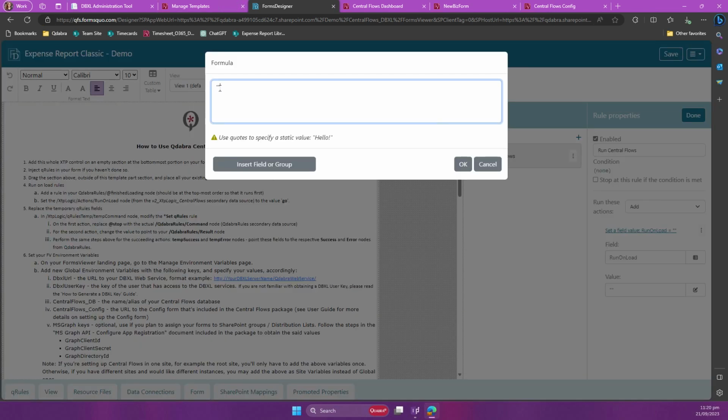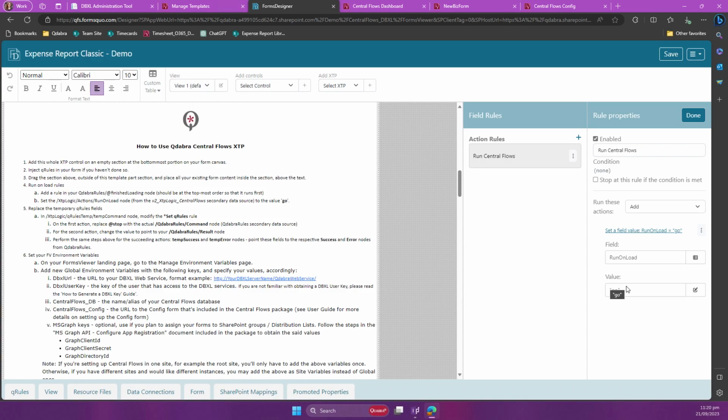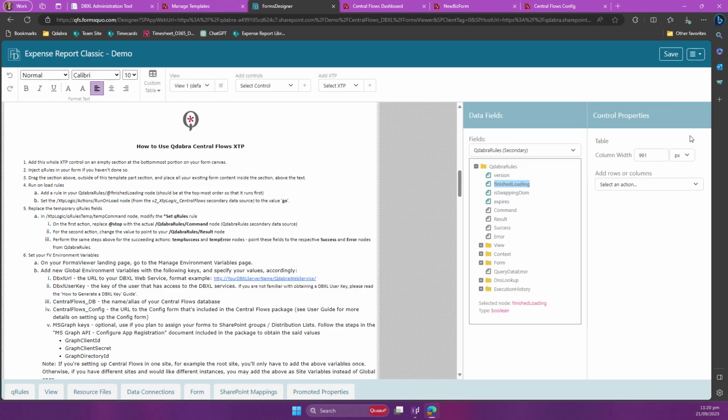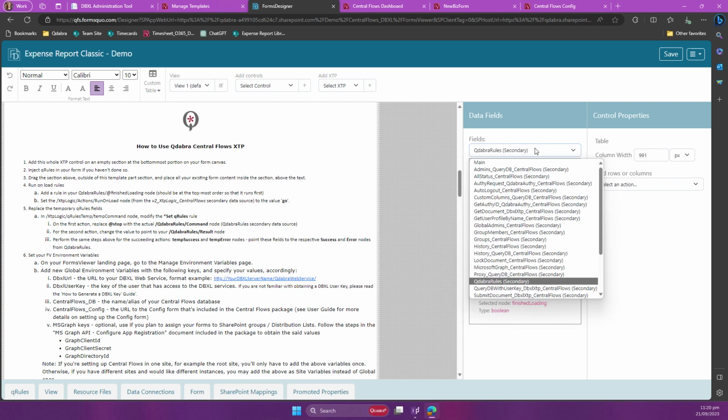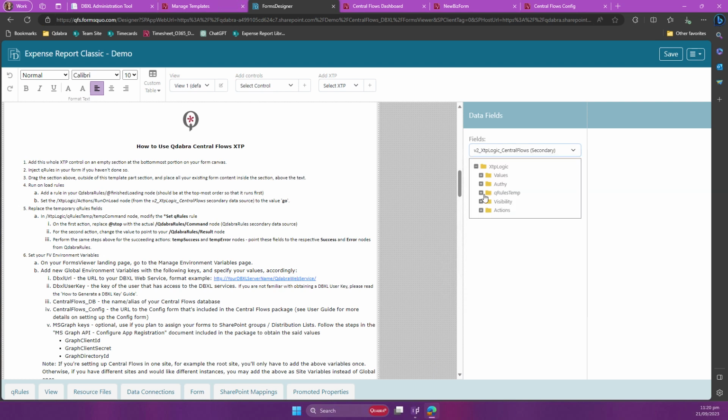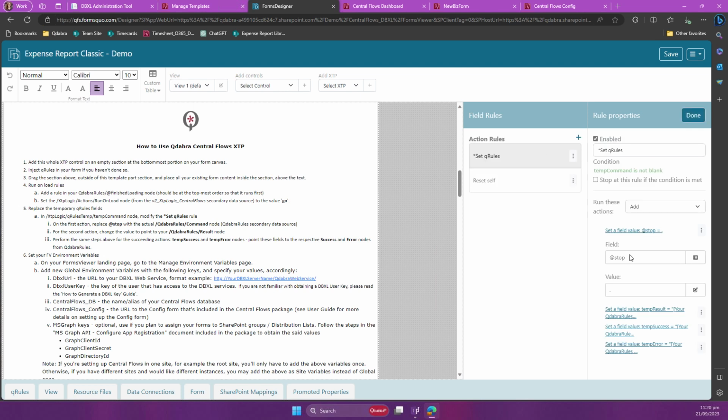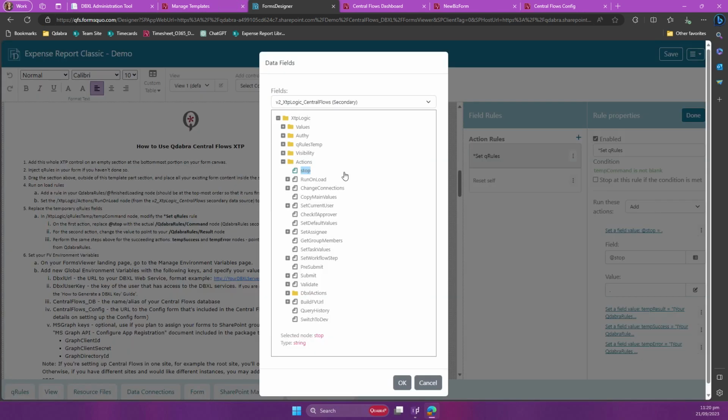Right. So I'm just setting this field to something that will trigger the rules that I have in there. So just anything like go there. That's about it for the finish loading rules, because then we go to that data source, and here we'll update the QRules temp rules, field rules. So starting with the